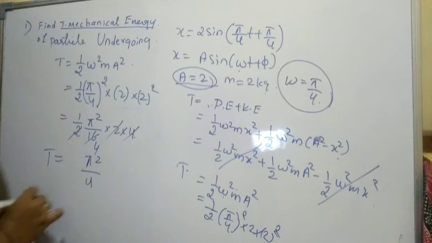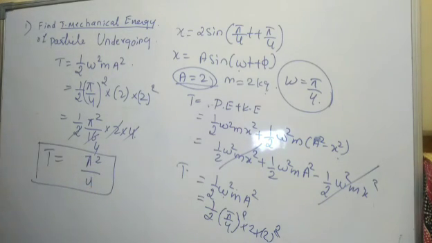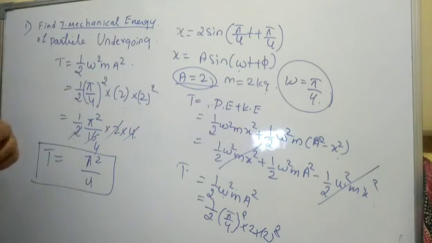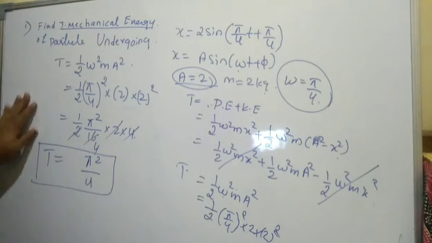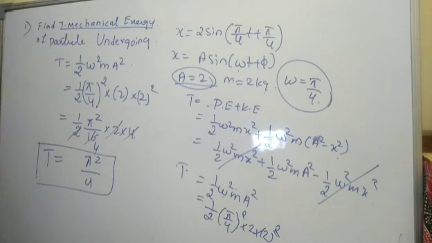So this is the total energy of a particle undergoing simple harmonic motion. By this, we have got the conclusion that the kinetic energy and the potential energy of a particle executing simple harmonic motion is conserved,